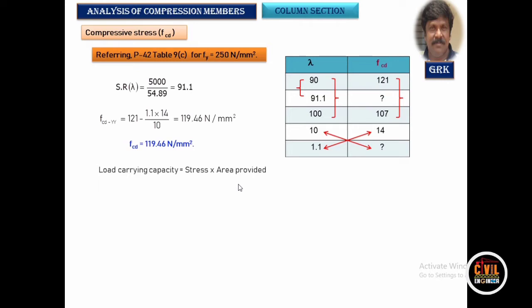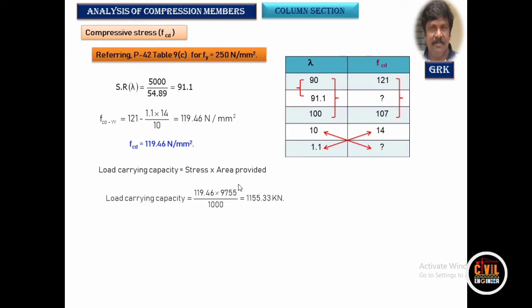The load carrying capacity is given by the formula stress into area provided. Stress is 119.46 into area of the total section, which is 9755 mm square. Therefore, we got a load of 1155.33 kilonewton. This is the load carrying capacity of the member when a flange is placed on either side of